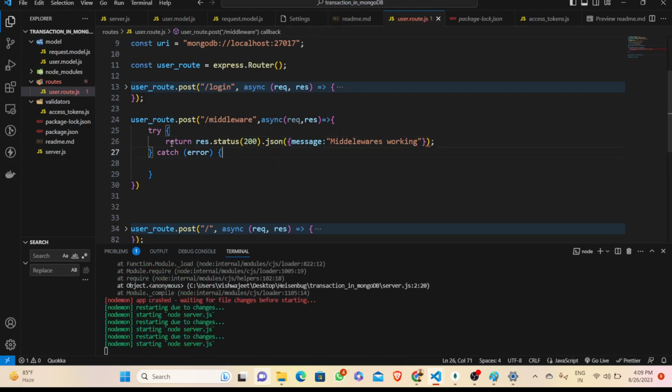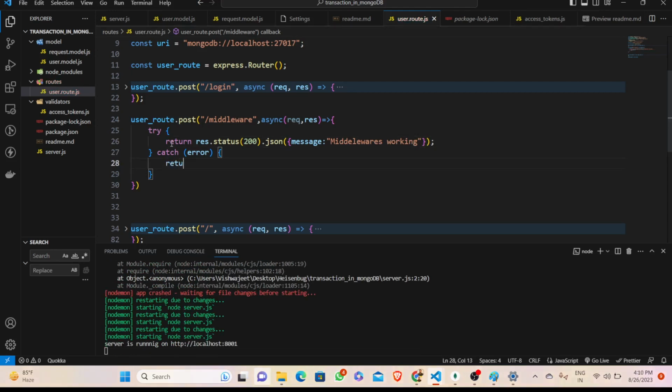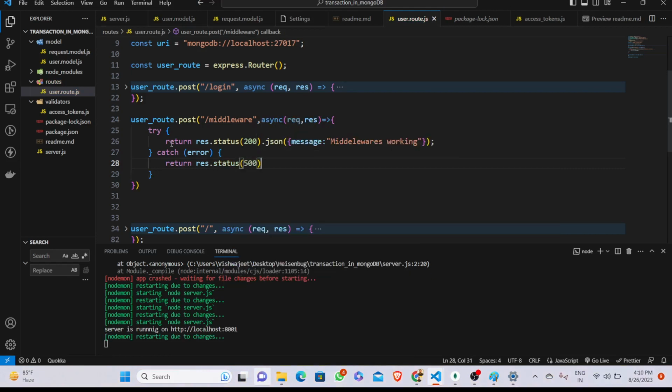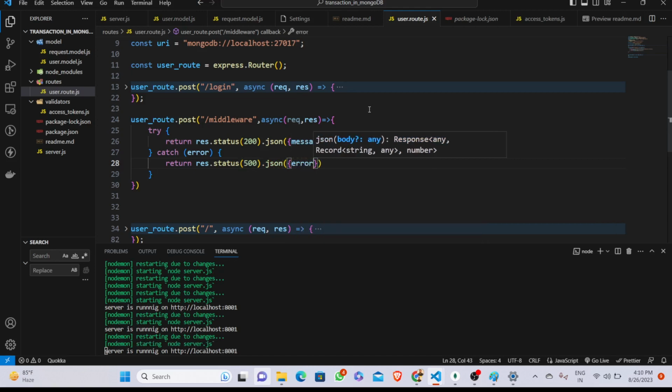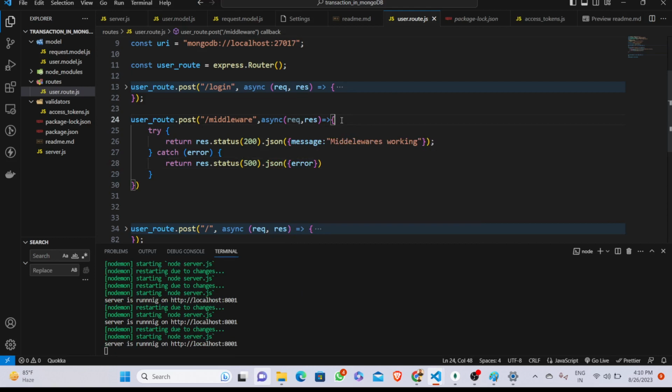Then we will come to this side, response status 500, and in this we will show error only, whatever error we will receive. So now let's make some